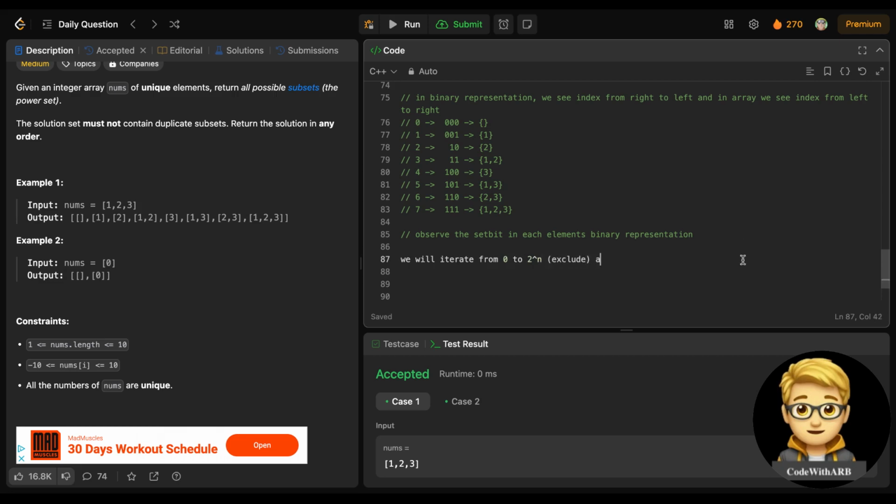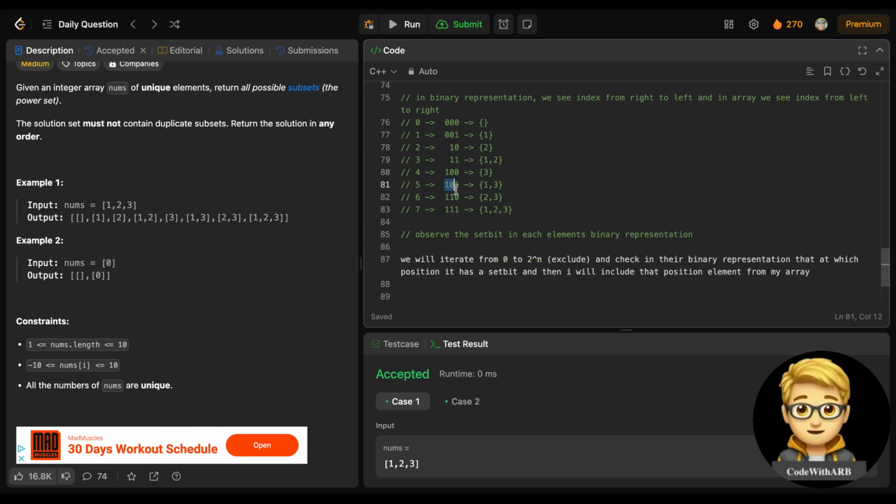And check in the binary representation at which position it has a set bit, and then I will include that position's element from my array, right? That's what we were doing.